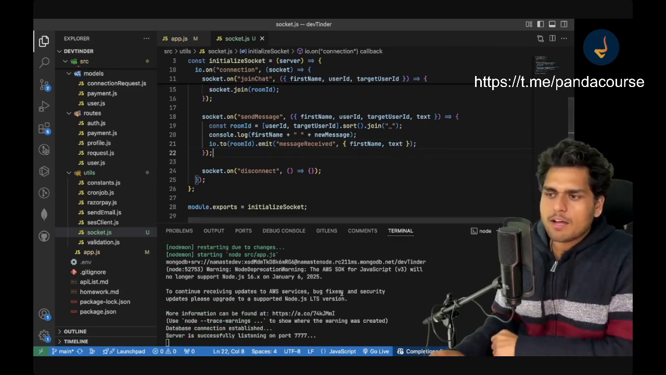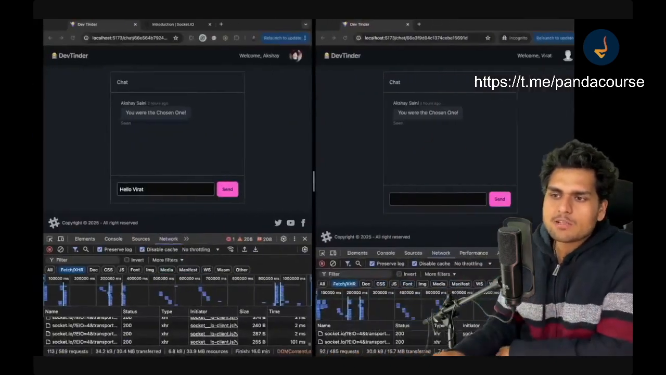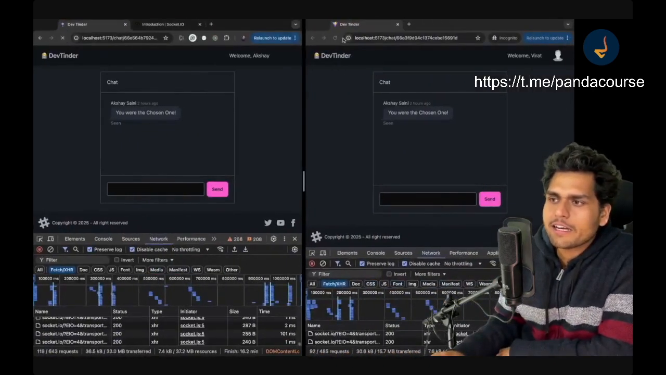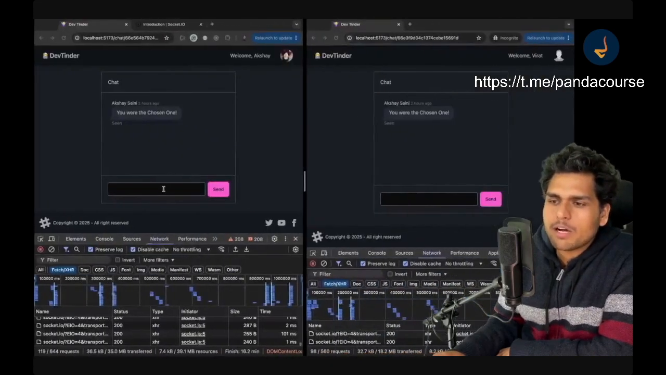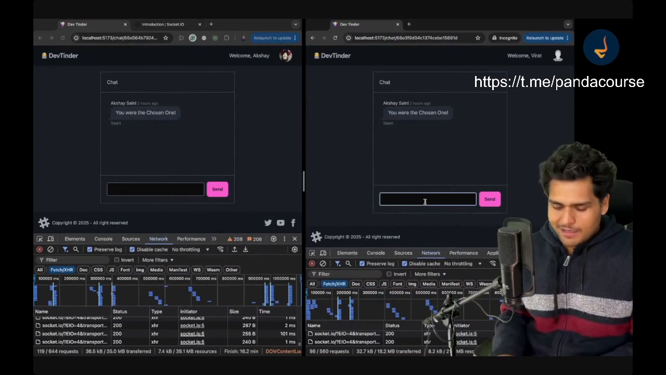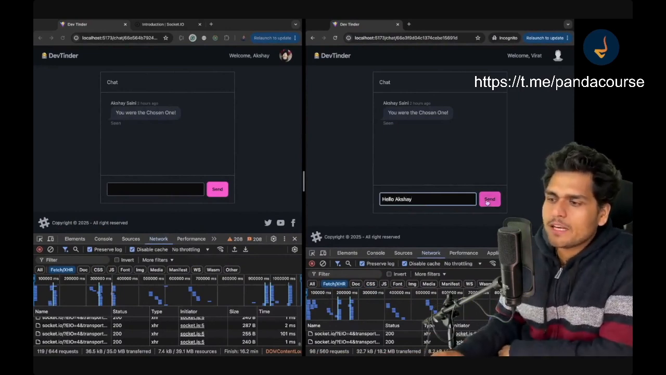Got it? Now again on the server, my server restarted, so let's connect once again. Akshay is connected. Refresh. Virat is connected. Akshay joined the room. Virat joined the room. Now let me say Virat is sending the message. Hello Akshay. So now Virat is sending the message. If I click on send,